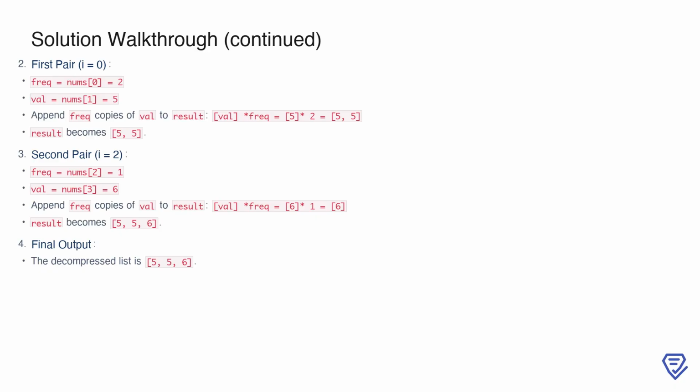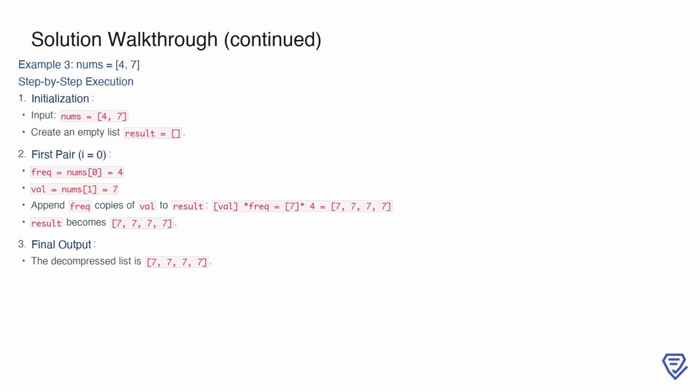Now, let's look at another example with a smaller input to reinforce the steps. In this example, the input nums is 4, 7, so we again initialize an empty list result. For the first pair, the frequency is 4 and the value is 7. Using list multiplication, we append 4 copies of 7 to result. This operation creates the list 7, 7, 7, 7, which represents the final decompressed output since there are no additional